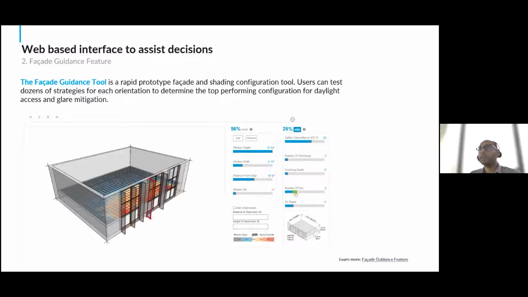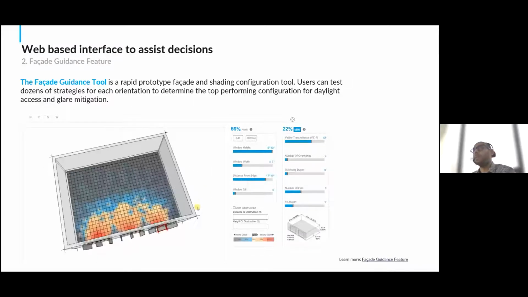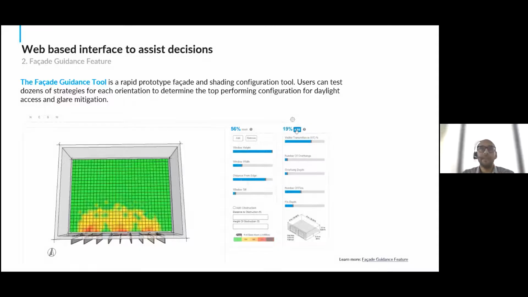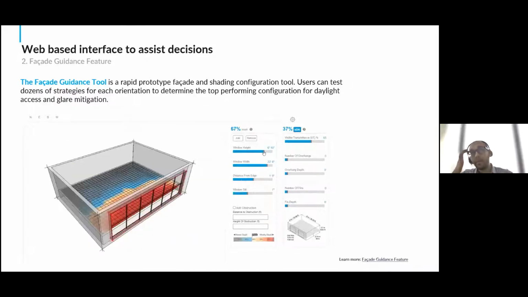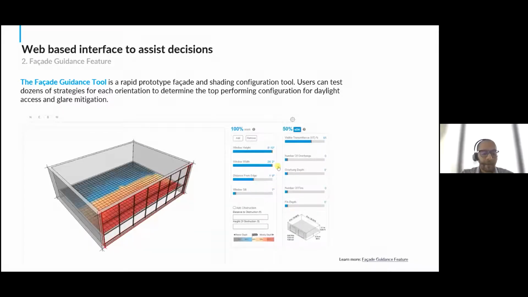Should we go for horizontal shading? What shading strategies are most effective, and what shading strategies are not effective? Or do we even need shading in that specific facade? And I've seen this happen almost all the time, where people actually model a strategy first, and then they go